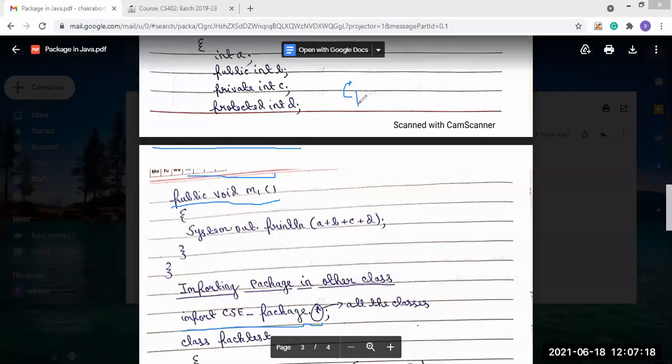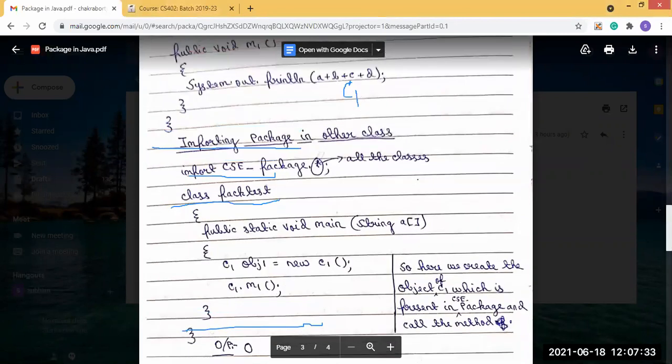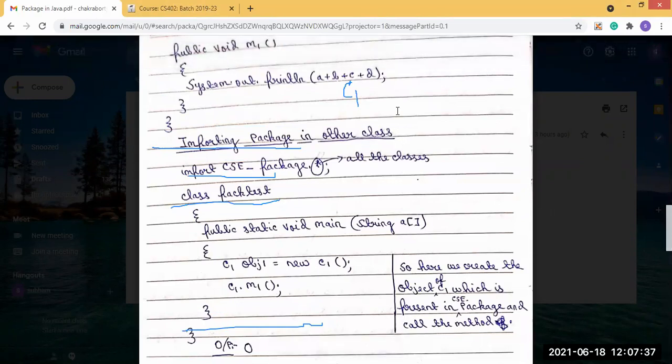After writing this statement, whatever classes are present inside will be imported. Next, I will create a user defined class.